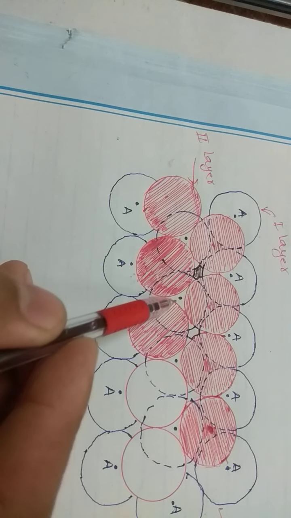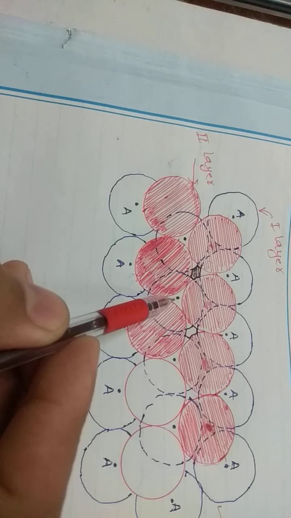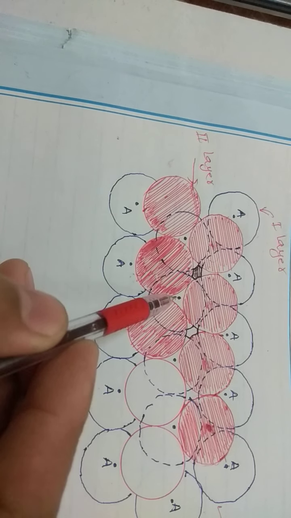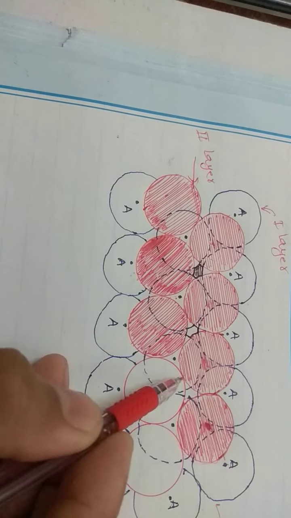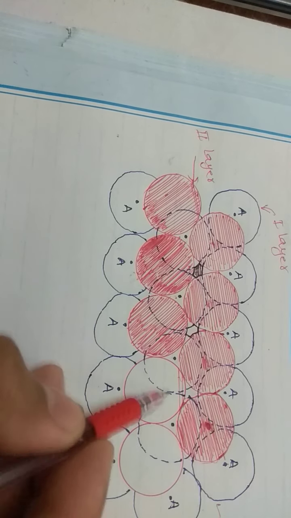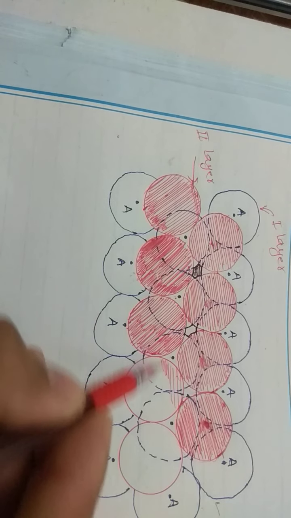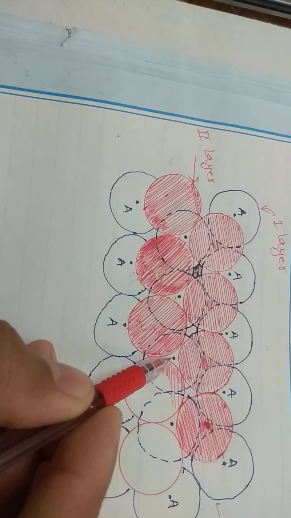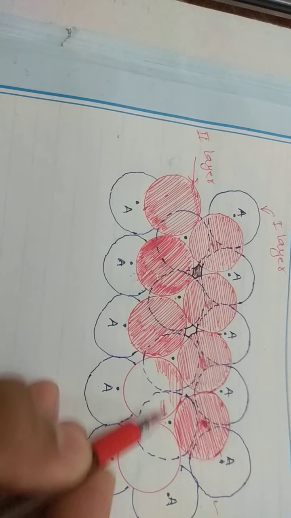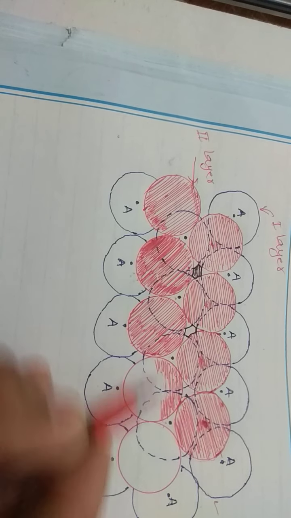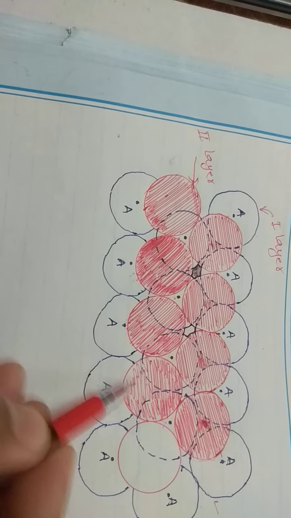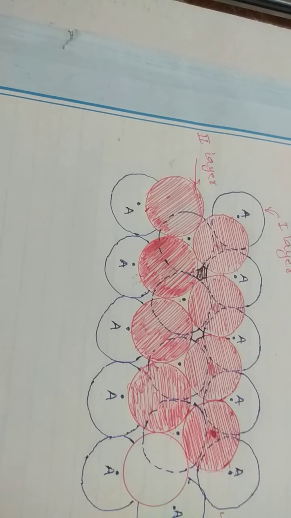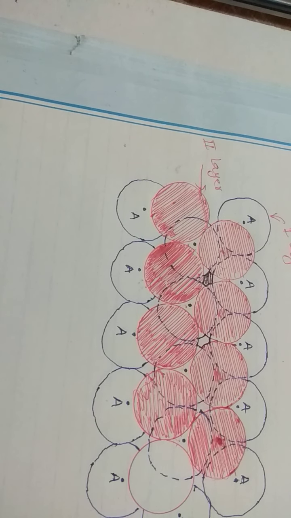Now see, another kind of void here is above the center of the sphere in the first layer. You can see the center A is clearly visible here. So if you put here a red colored sphere, then you can see that this is unoccupied. Again at this side you can see that if you color this, then this is unoccupied. So class, this is how you can see. So from the second layer we concluded two things.